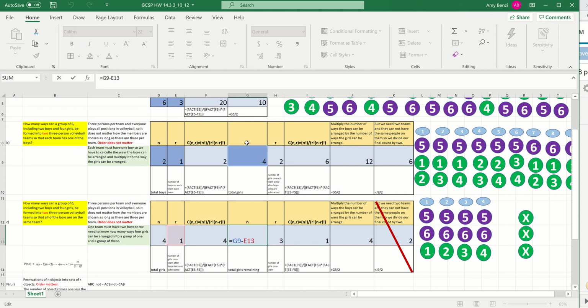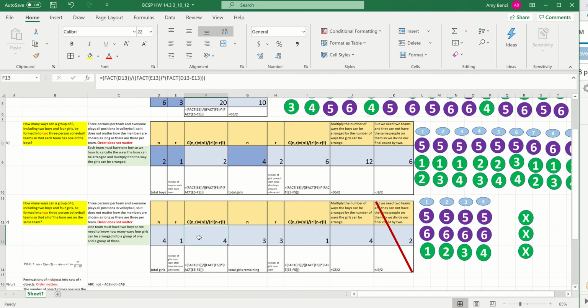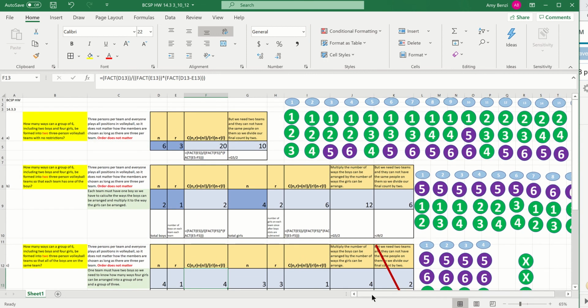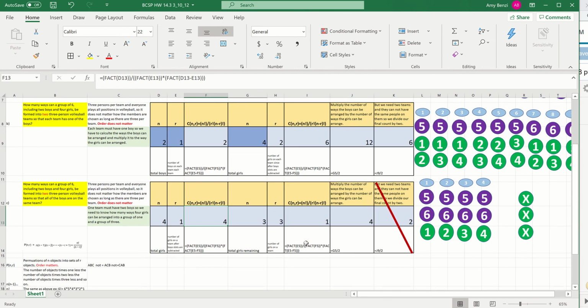So I have the total number of girls, which you could find here in cell G9. And then I subtracted the number of girls that were needed to fill in whatever spaces the boys didn't take up. And in this case, I ended up with 3. So now I have any of these 4 teams that we just created, 4 teams having 2 boys on each team and just 1 girl. And then for my other team, I just have to have 3 girls because there can't be any boys on it. And there are only 3 girls left. And there is only 1 way to do that. So there's only 1 way to choose 3 girls